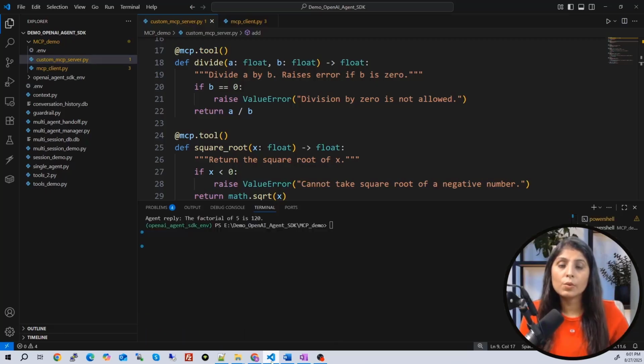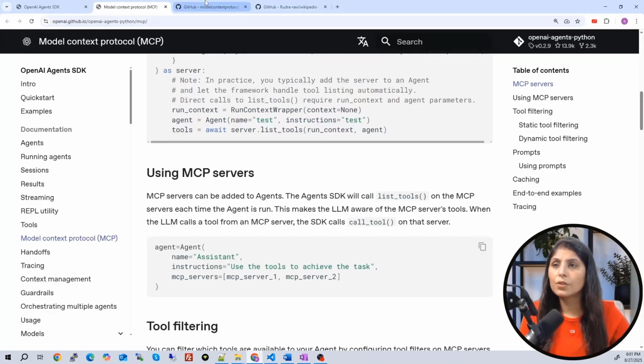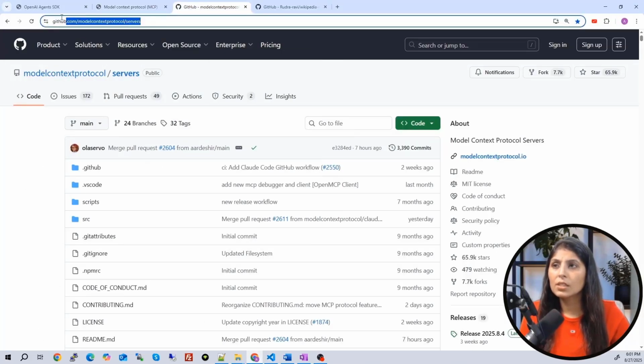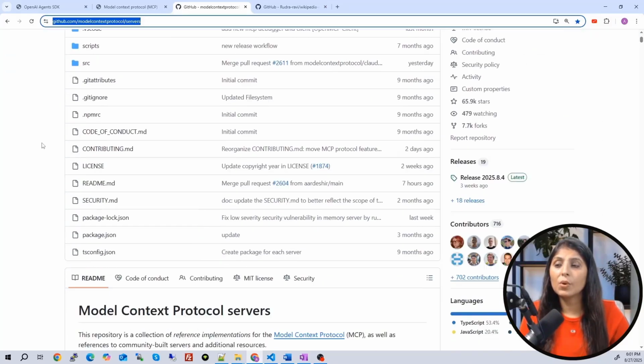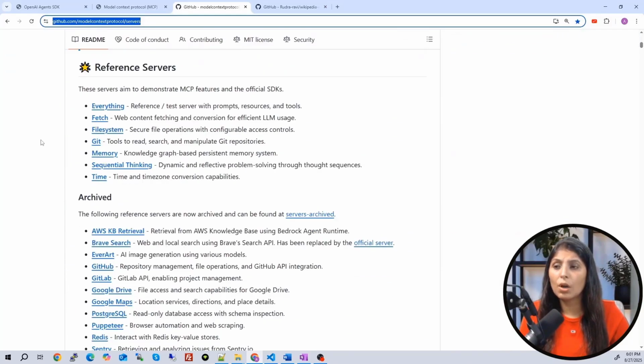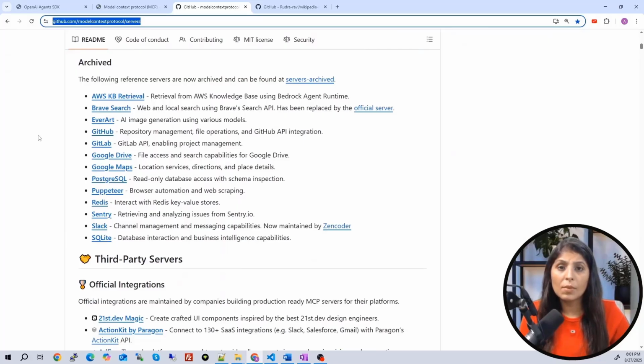So guys, to use the existing MCP server, we need to first download one MCP server. For that, I have shown you this GitHub repo in my previous videos on the MCP server. Over there, I have shared this GitHub repo and shown you that there are so many third-party MCP servers here.